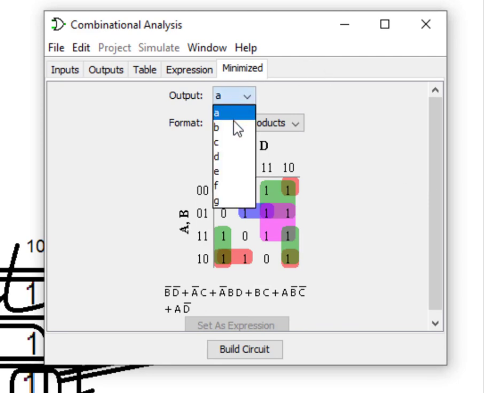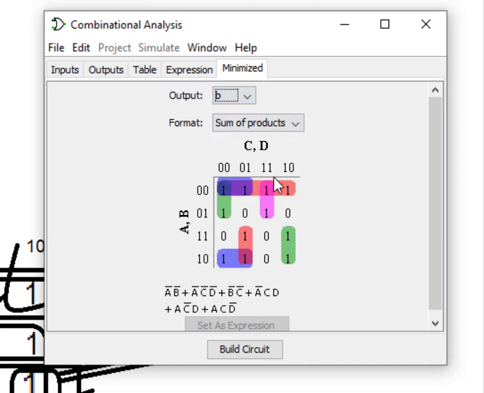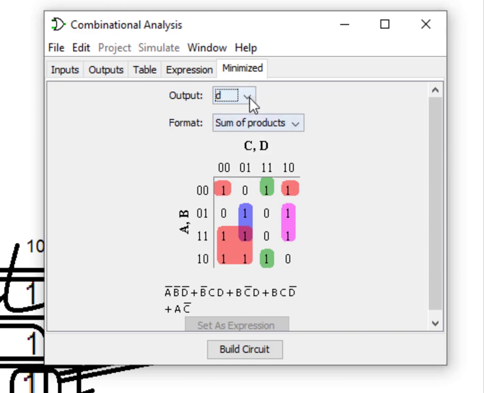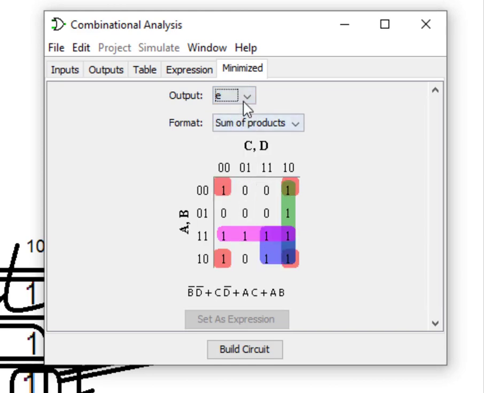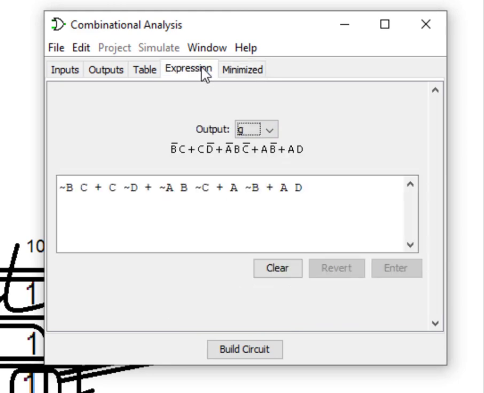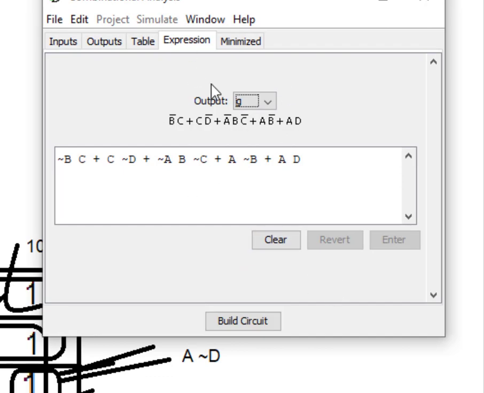So if you go for B, you can get the B K-map, and C you can get the C K-map, D, and all these things. And if at all you are not understanding this, if you don't know how the K-maps are drawn, let's leave that, and you need only the expressions. We have got the expressions. I have just noted them down on my piece of paper.